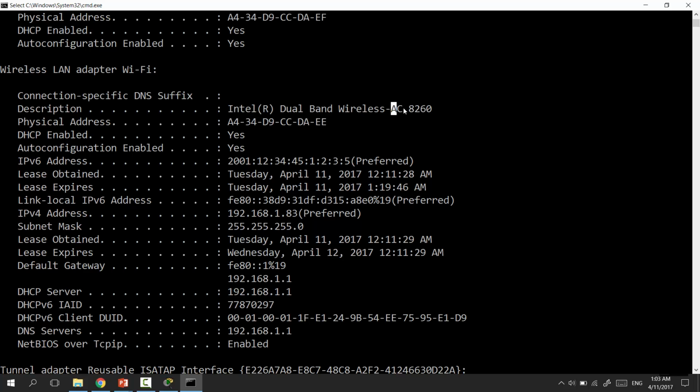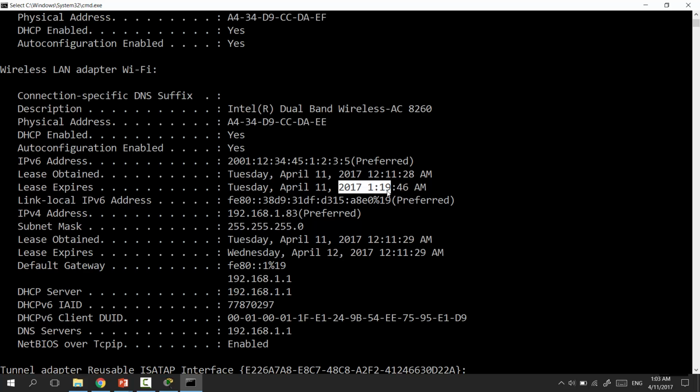By the way, it supports AC, so it has to be very fast. Also I can see information about my lease obtained; I took this IP address about 40 minutes ago from my DHCP server, and the lease expires